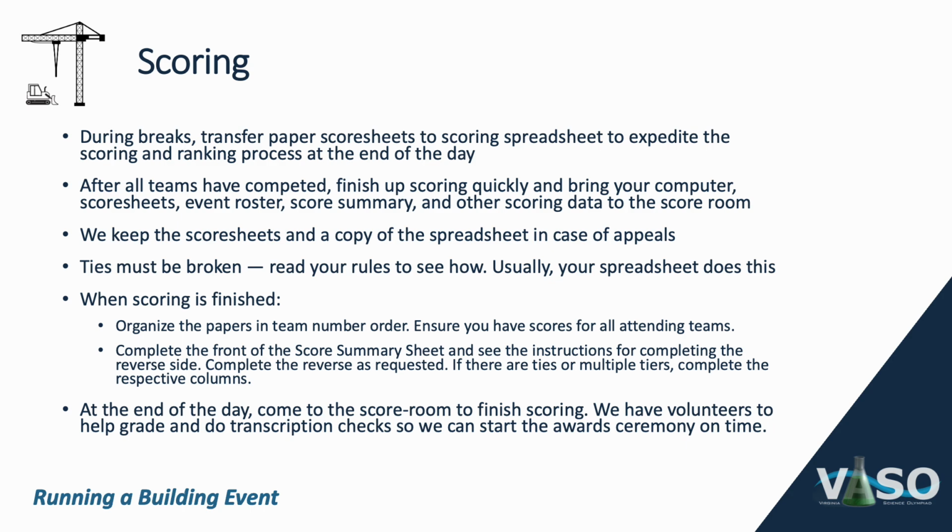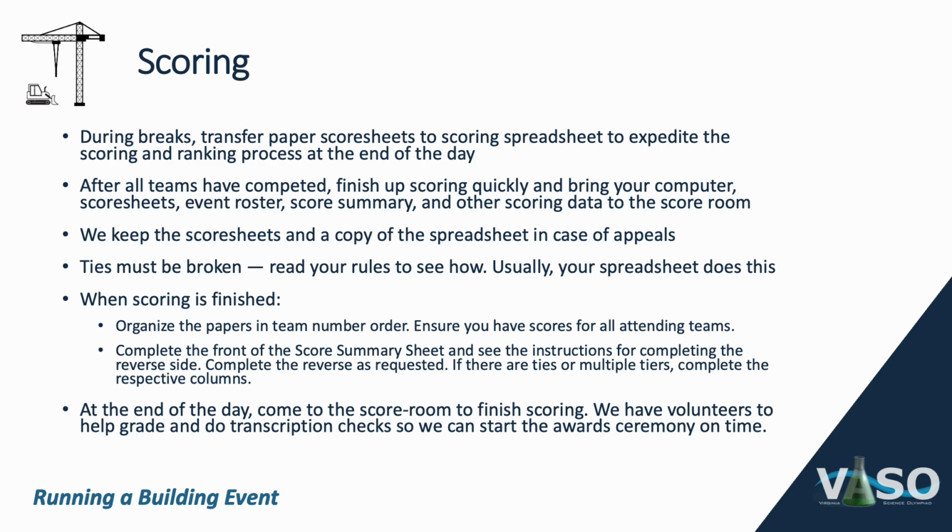And then, and this is an important point, ties must be broken. This is a really fundamental aspect of scoring in Science Olympiad, is that we don't have ties. So have a look at the scoring section in your rules to see how that is done. Oftentimes the spreadsheet does it for you, but not always. I'm actually going to amend that to say that in the last year or two, we've started to see events that will allow ties, and they explicitly acknowledge that. The vehicle events are one of those. That's true, but if the scoring section in your event rules does not explicitly allow ties, then assume that they are not allowed.